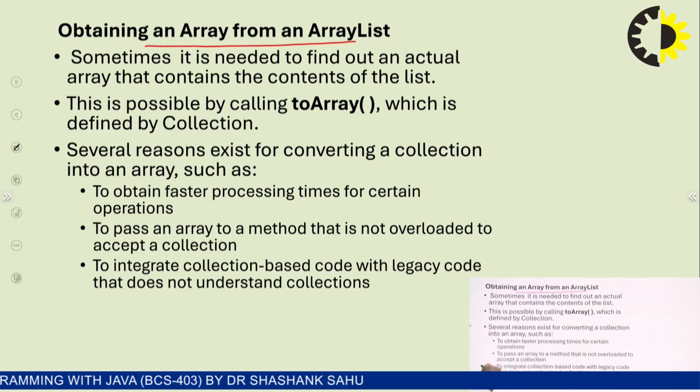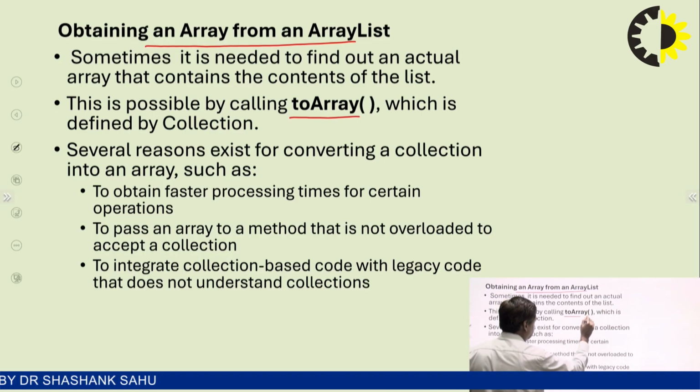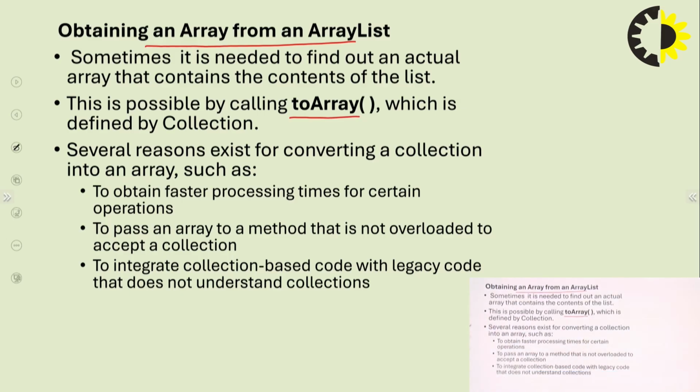To convert an array list into an array, we call the function toArray. With the help of toArray, we can convert the array list into an array. Again, I am reminding you, an array list basically consists of elements which are of type objects. When you convert it into a simple array, the elements will be of type string, because we are using the previous example. In the previous example, if the collection had elements of type integer, then in the array also the element type will be integer.